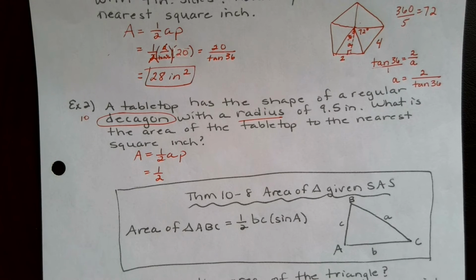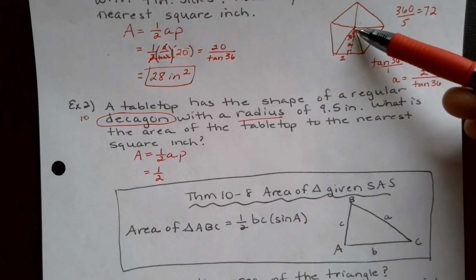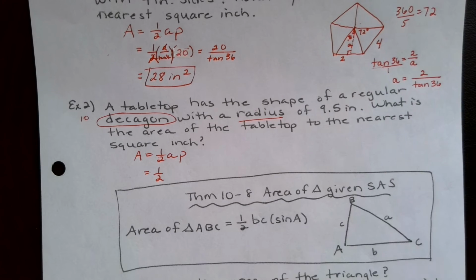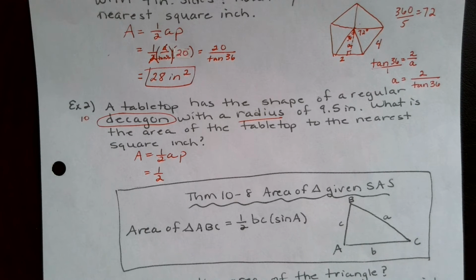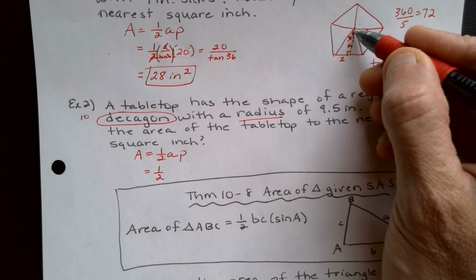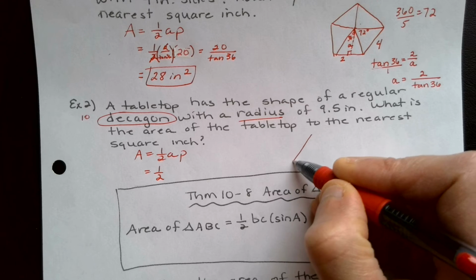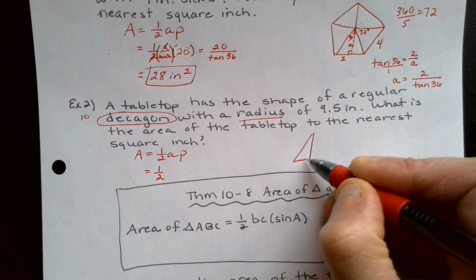And the radius of this goes from here, I'm going back up to this picture, to a vertex. Okay, so that's not the radius either. I mean the apothem. So we need to take a look at just this piece of the triangle. So I'm going to draw just a triangle instead of trying to draw a decagon,